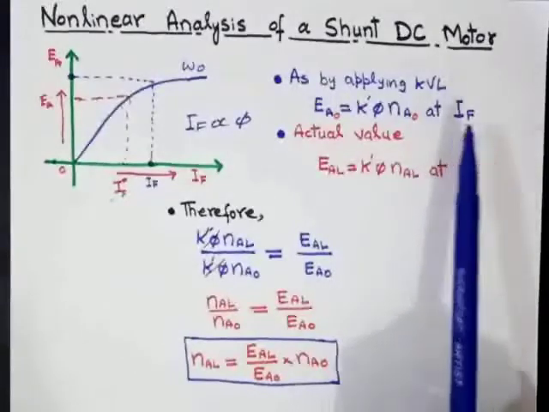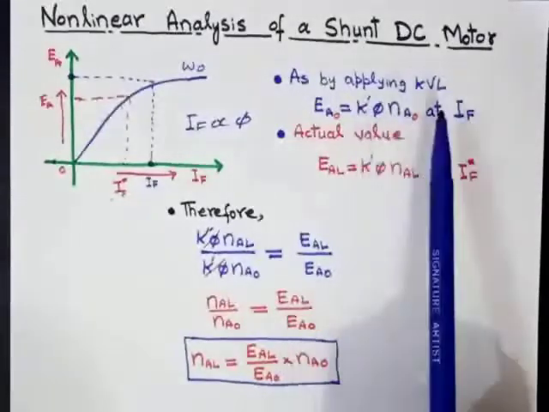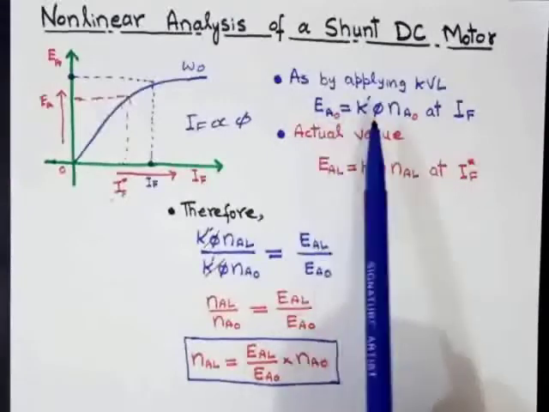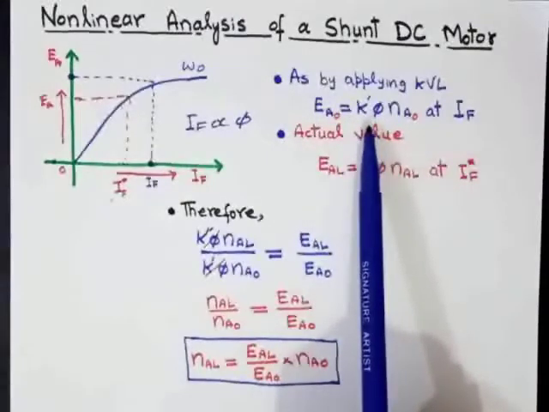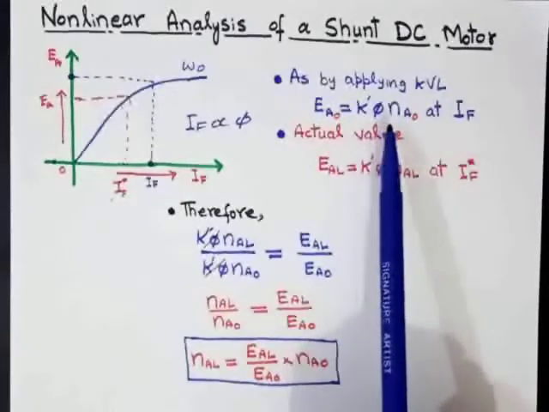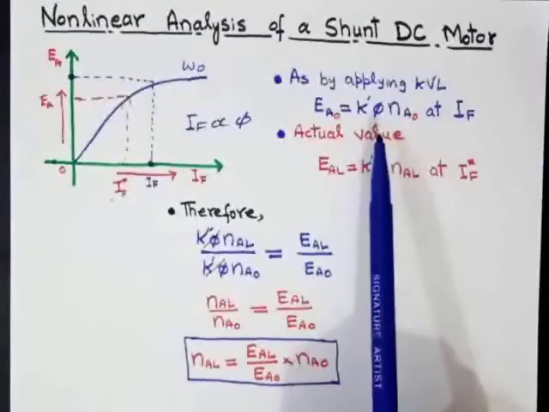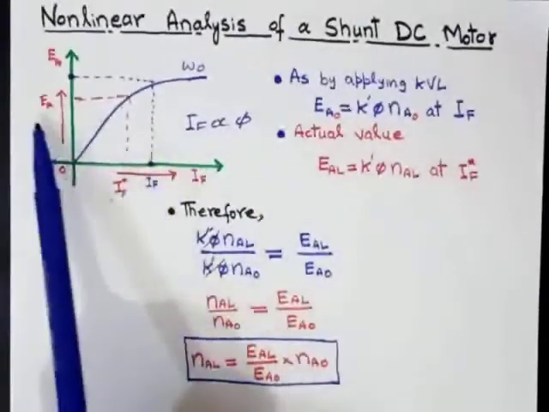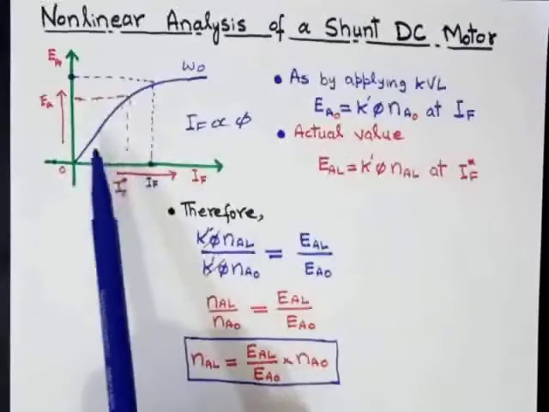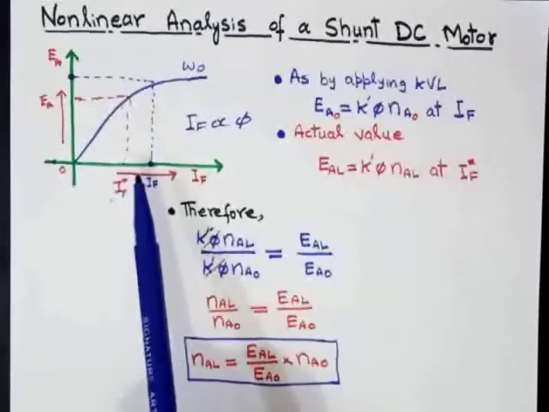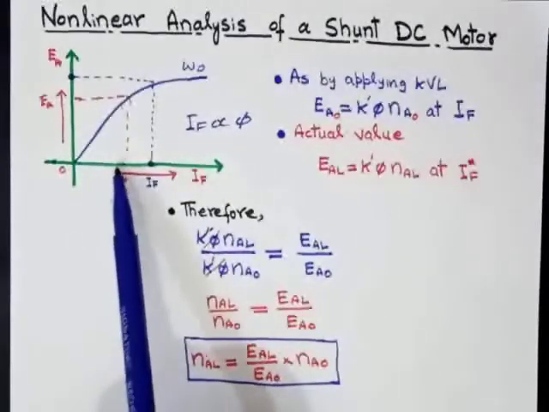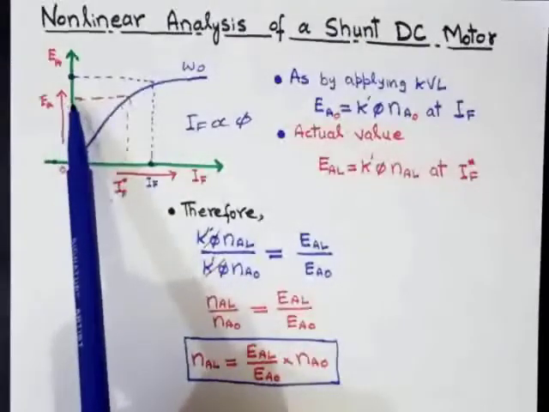For a particular current IF, we can apply KVL to calculate the internal generated voltage. So if you see the current IF here, you will get some value of EA. As you can see in this magnetization curve, if the current IF lies here, then this will be the internal